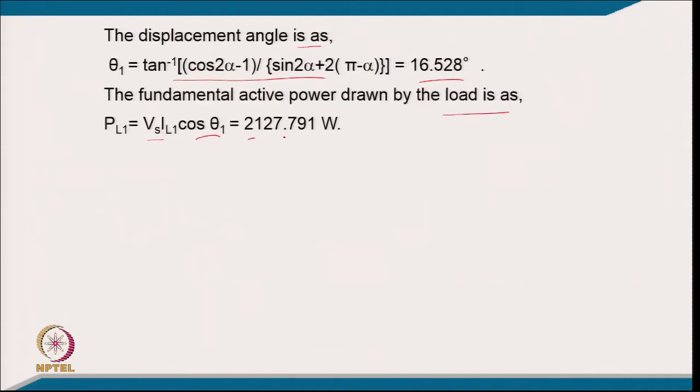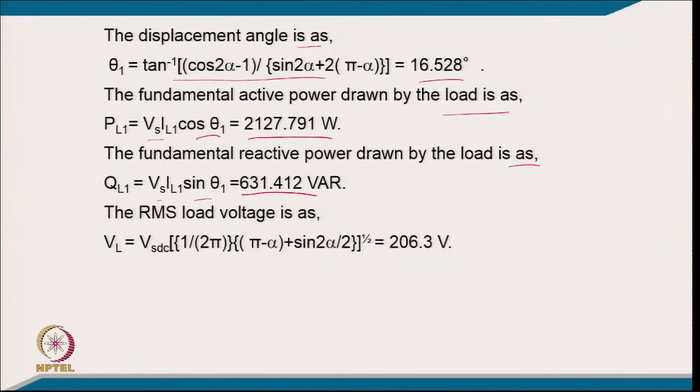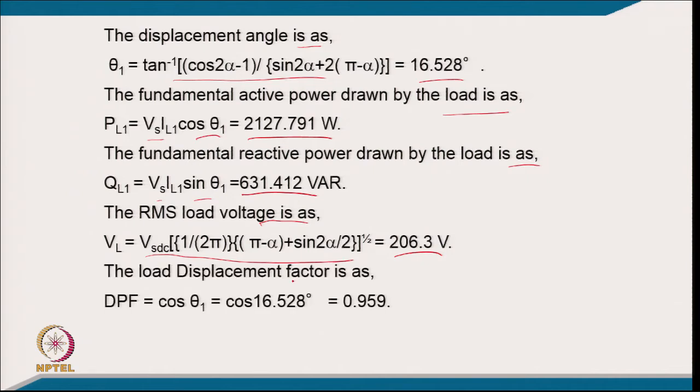IL1 cos theta 1. So, putting the value it comes 2791 watt, and the reactive power drawn by the load will be Vs IL1 into sin theta 1. So, putting the value it comes 631.412. So, this reactive power is required to be compensated by the passive filter. So, the capacitor value we have to design corresponding to that, and the load RMS voltage, which is across the AC controller, comes equal to 206.3 volt corresponding to that firing angle, and now the displacement factor will